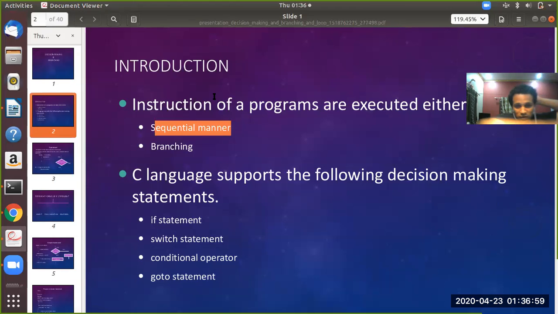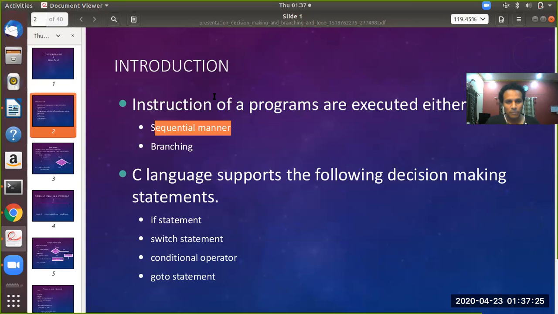If a program is executed in this manner, then you can conclude that the program is being executed in sequential manner. So suppose a program is executed like this: it first executes the first line. After executing the first line, it will go to the last line, and after going to the last line, it comes back to the third line and executes.